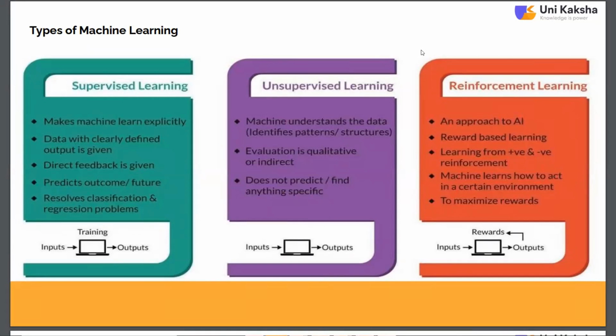Supervised machine learning means the data patterns are known. The input patterns and output patterns are known. We just need to create the model, build the model, and test the model. That's it, depending upon simple problems.